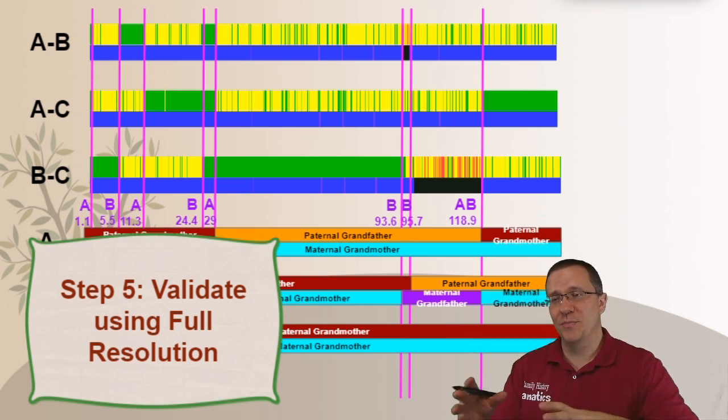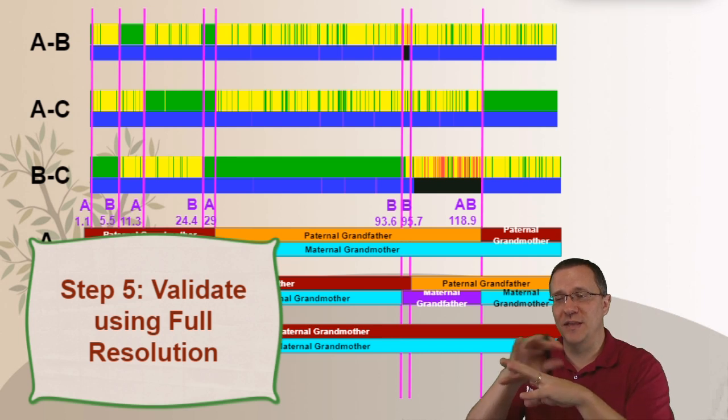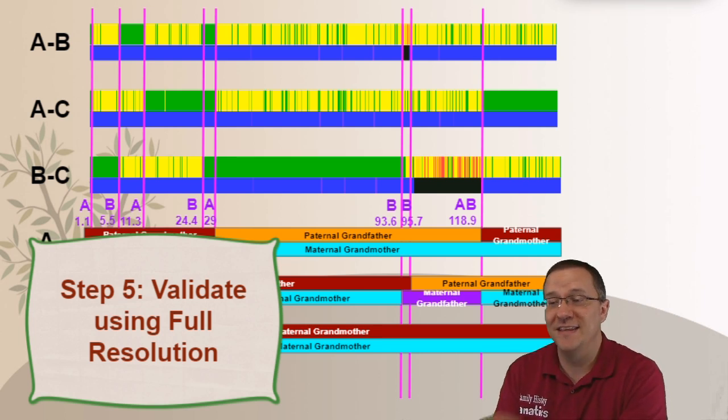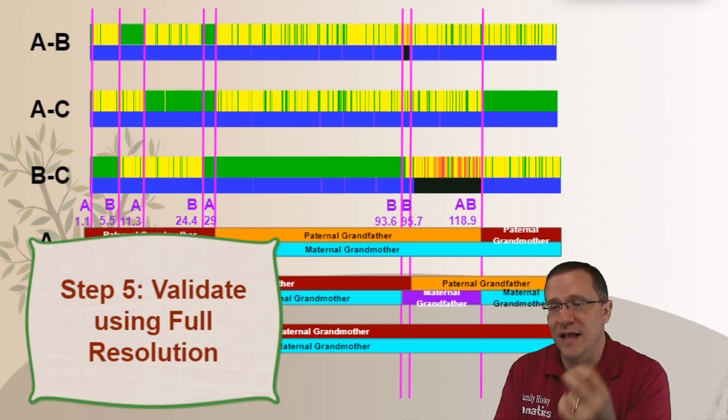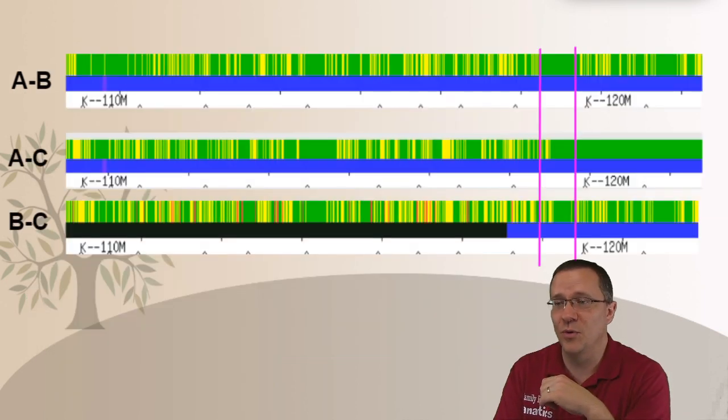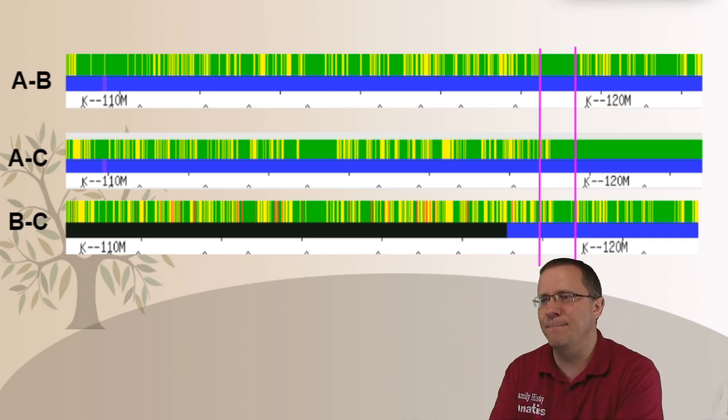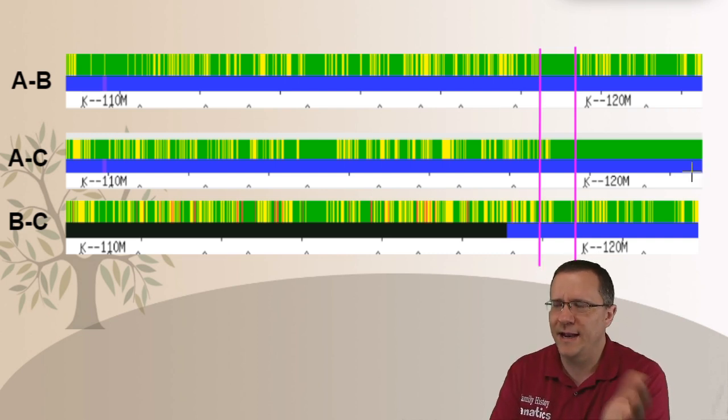I just assumed something and tried to change something and see if everything works. And this happens to be where those matches line up. Now I want to validate this, and to do that, I'm going to go back to this full resolution. And again, I'm focused on this area between 118. And what I said is that there's an A and a B. So can I assign an A and a B in this area?